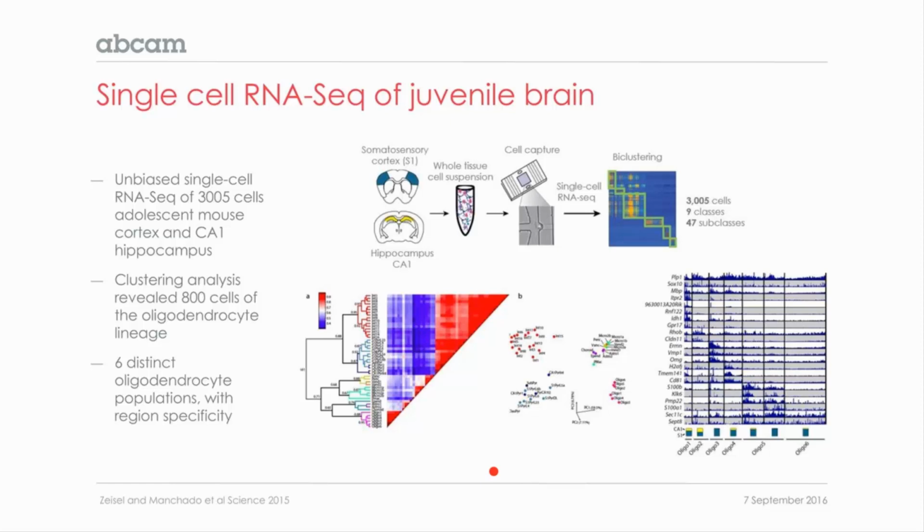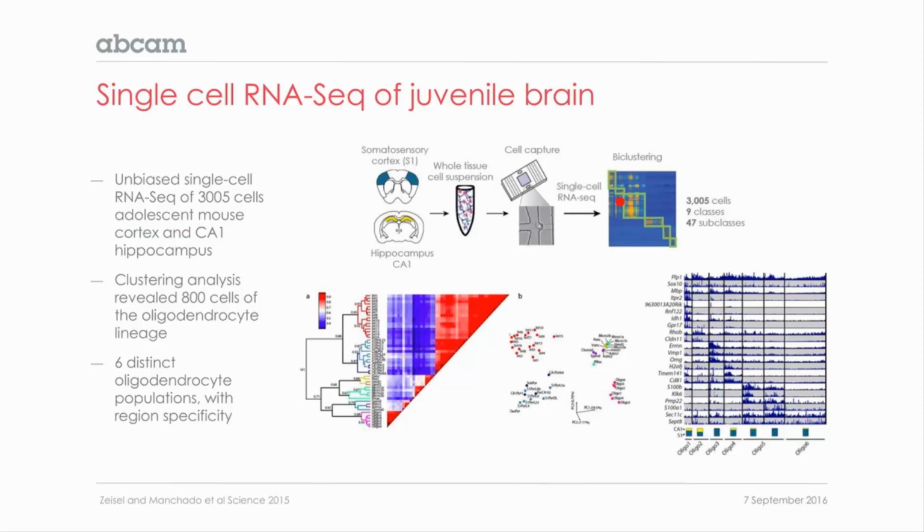First, there was a study in which my group was also collaborating, but it was mainly driven by Stan Lindersson's lab and Jens Jørgen-Leffen's lab here at our unit at Karolinska Institutet, and in which Amit and also Anna Manchado in Jens Jørgen-Leffen's lab were the first authors. Basically, single-cell RNA sequencing was done in 2 specific regions of the brain, the somatosensory cortex and the hippocampus, using the technique that Amit described, in an unbiased way. 3005 cells were sequenced.